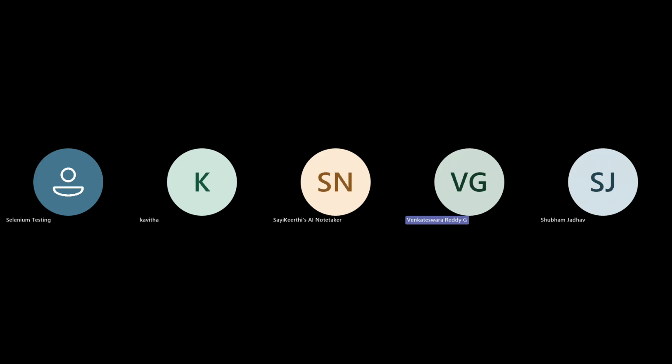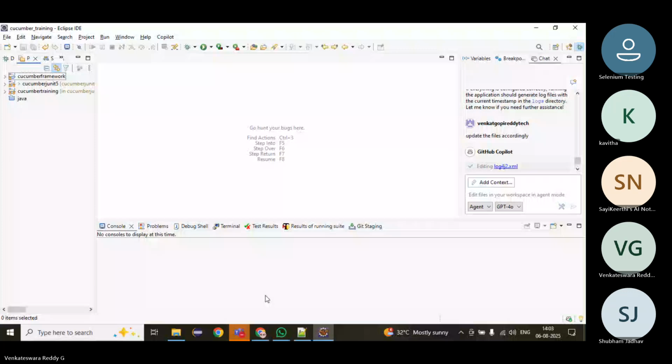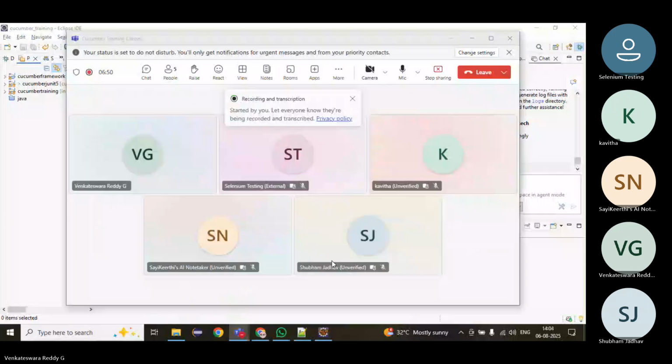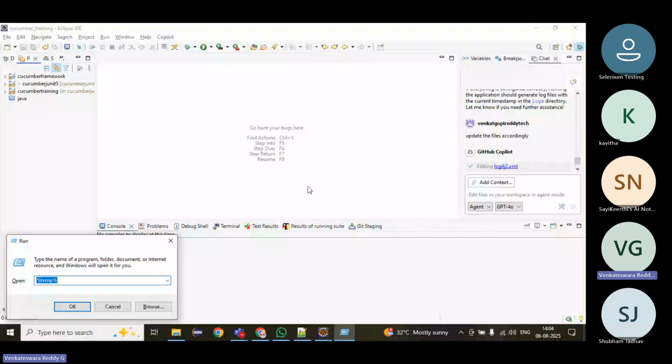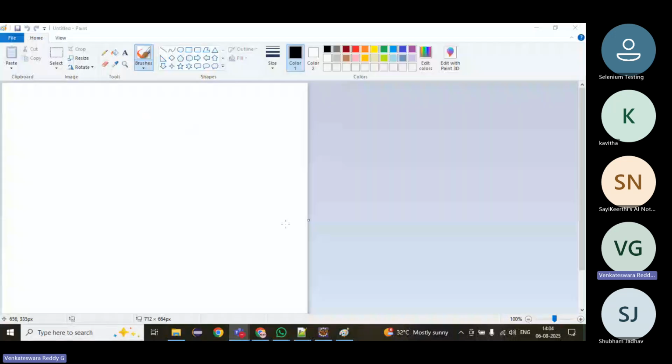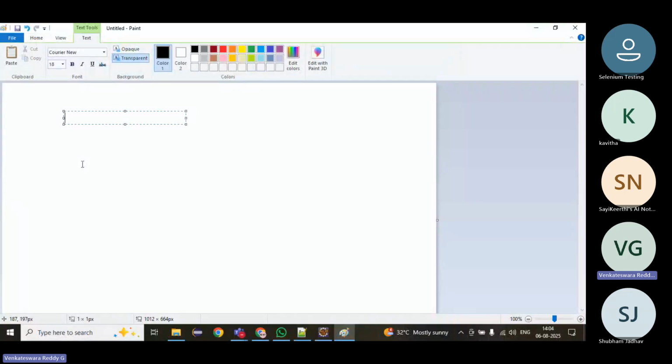Okay, fine. What is the advantage of framework creation? In Test Engine also we have seen. What are the advantages? If we create the framework, what is the main advantage, why do we need to create the framework? We require one, which is